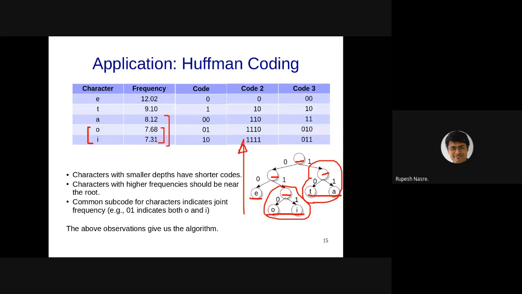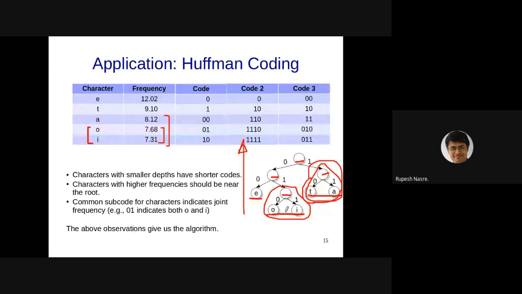If you resort now these frequencies, OI comes at the top, then E, then T, and then A. And therefore at the bottom are essentially T and A, which need to be combined, and that is what essentially we do in this right subtree. I hope this point is clear, why we are combining these two and not combining A with OI subtree, right?